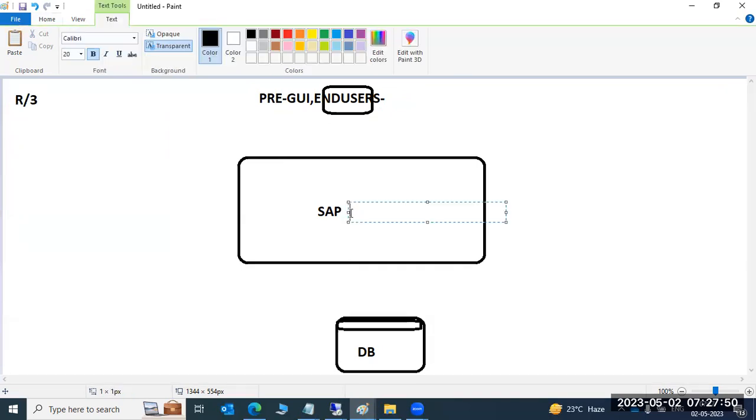Application means SAP application. For example, in finance you can use controlling, AP, AR. Fiori is also one of the applications, CRM is another application, SRM is also an application. Then MM, SD, PP.